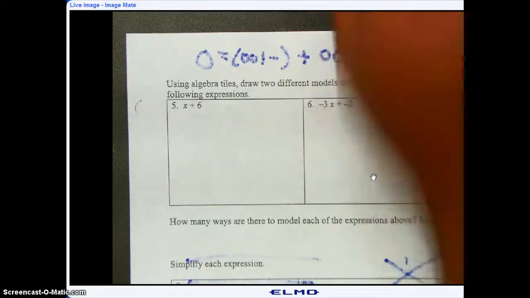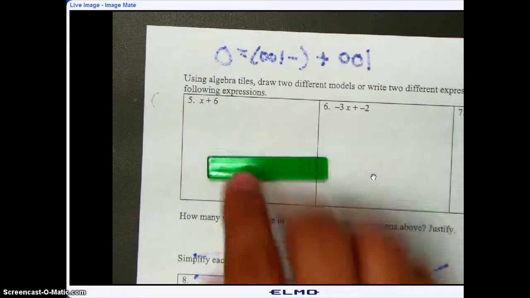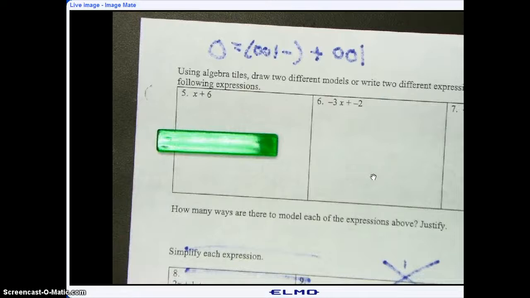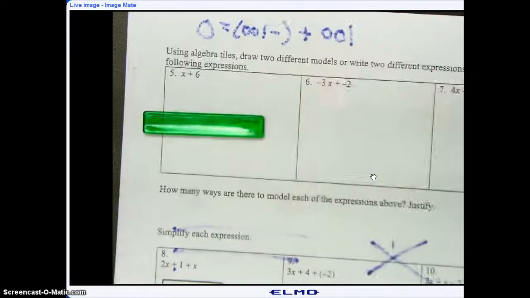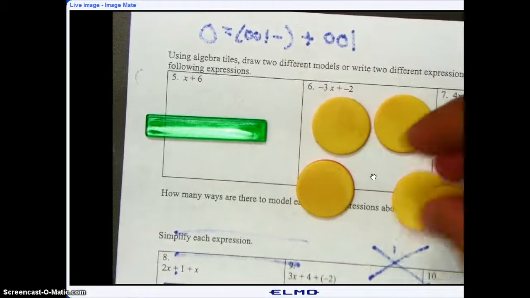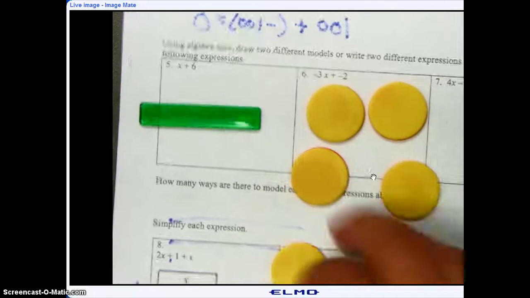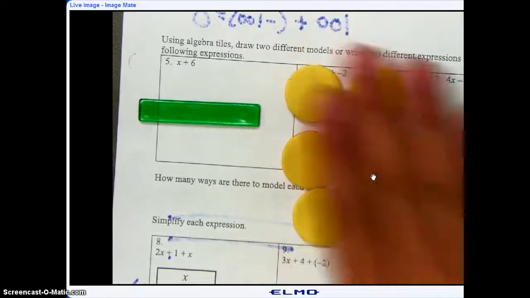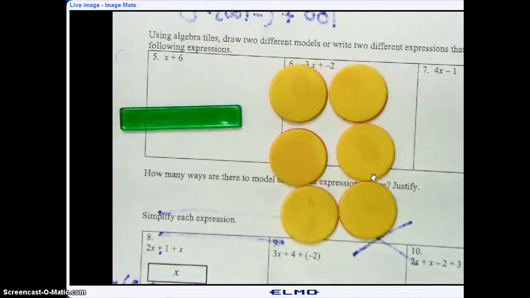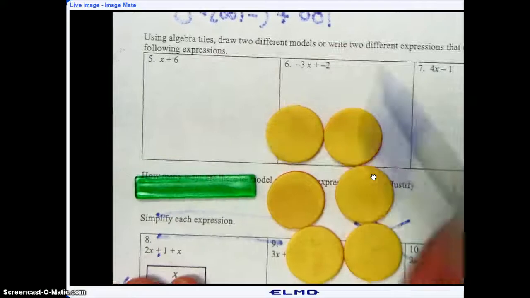So let's do this one. This one does not have a model, so we're just going to do the models real quick. So we have an x. Then how many units? 1, 2, 3. How many units? Is that right? X plus 6? Yes. Okay. So what we got to do is think of ways that we can write this where whenever we